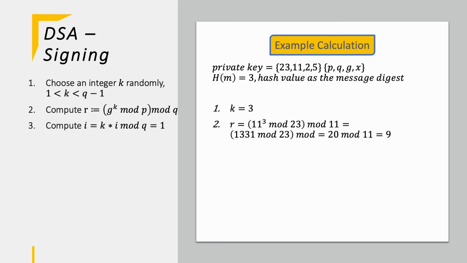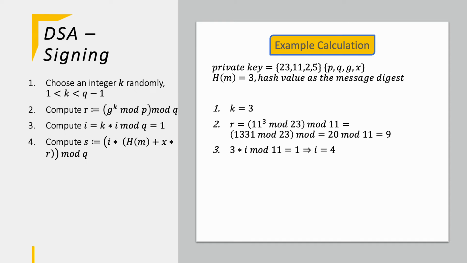Now we need to compute small i, which is k times i modulo q, supposed to be equal to 1. So we have the equation 3 times i modulo 11 equal to 1. And if we plug in the numbers, you can fairly easily see that i must be 4. So 3 times 4 is 12. Modulo 11 is 1. So the next one is S, which we need to compute, which is i times